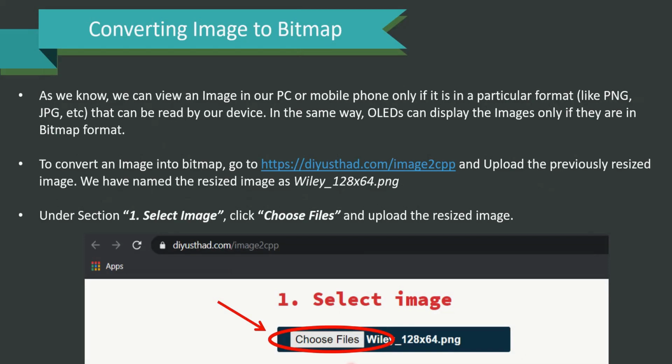To convert an image into bitmap, visit the website https://disuthad.com/image2cpp and upload the previously resized image. We have named the resized image as wiley_128x64.png. Under section 1, select image and choose the files and upload the resized image. You can see that here, select image, choose files and just select that image and it will now prompt you